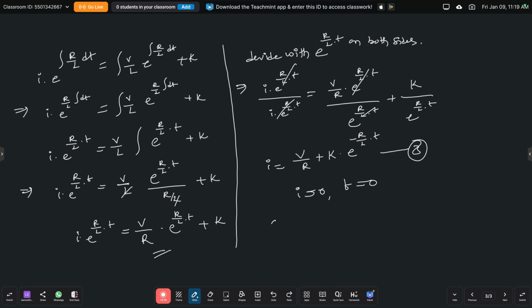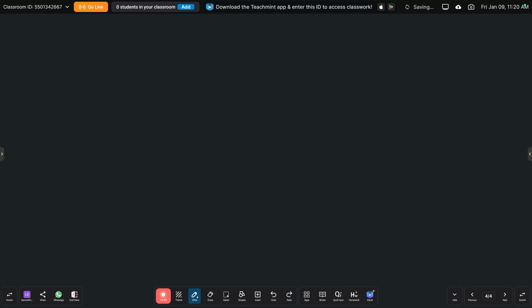By substituting this value we get 0, I is 0, then V by R plus K into, in place of 0, its value is also equal to 1. So therefore K is equal to minus V by R. Now substitute the value of K in that equation. So by substituting that value we get I is equal to